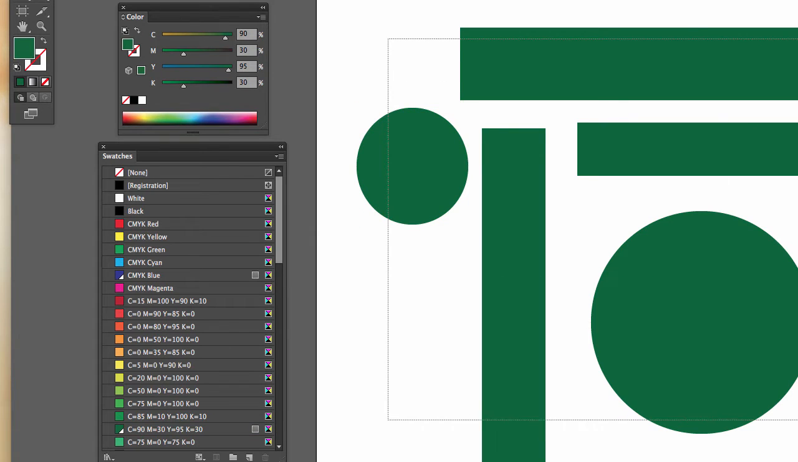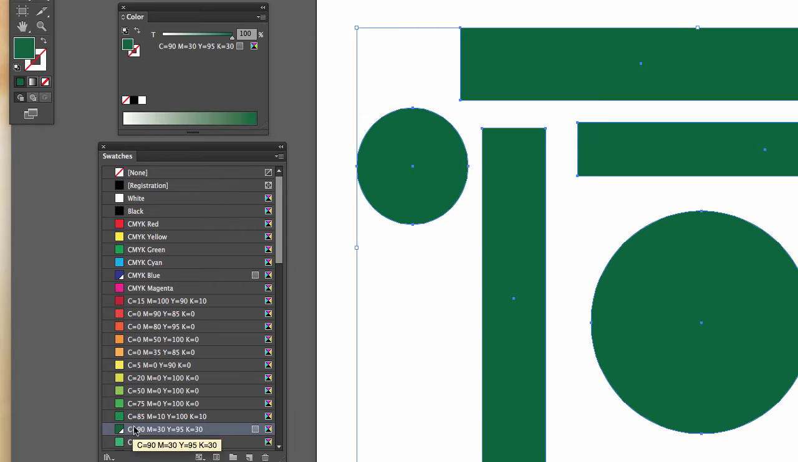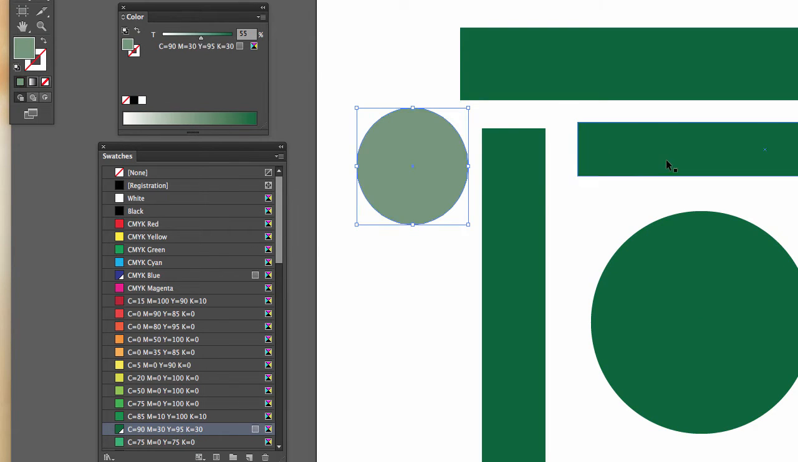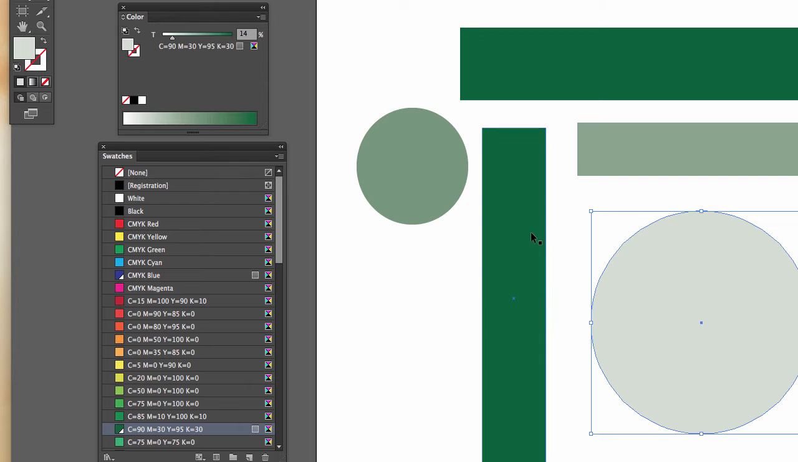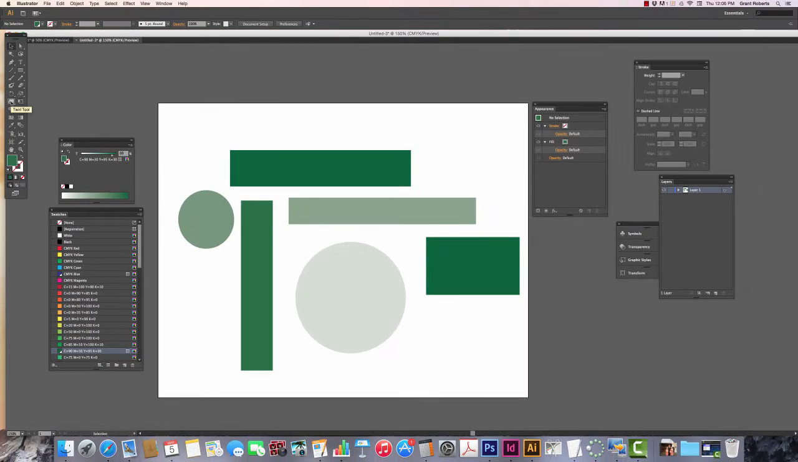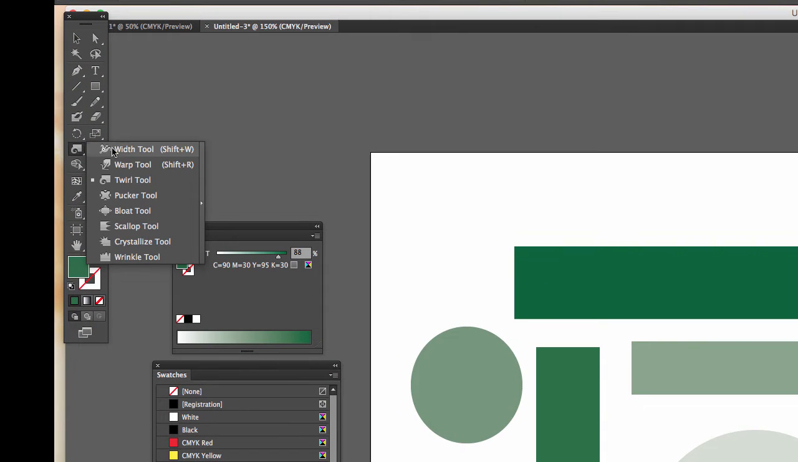Again, I've got to make sure all those colors are selected to that color. It allows me to tint some of these colors a little bit. I could tint it a lot or very little, doesn't matter. But now I'm going to use my Twirl tool. This Twirl tool is found underneath the Width tool